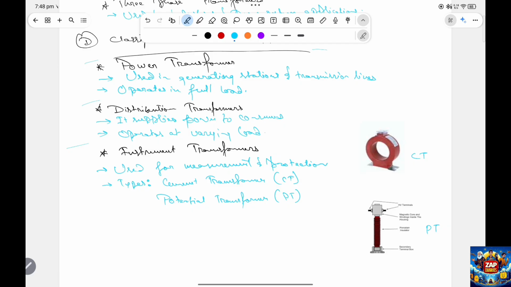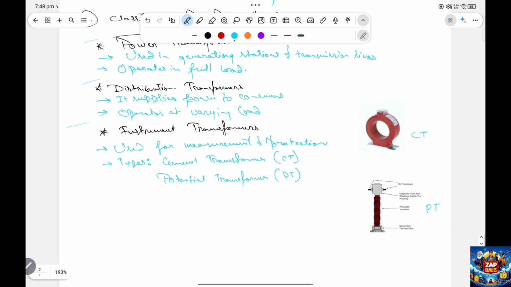We are the consumers, and it supplies power to us, and it operates at a varying load. Like there are changes in load. At daytime, we basically don't use our lights, and in the winters, we don't use fans or air conditioners. So the load changes. So it works on varying load,